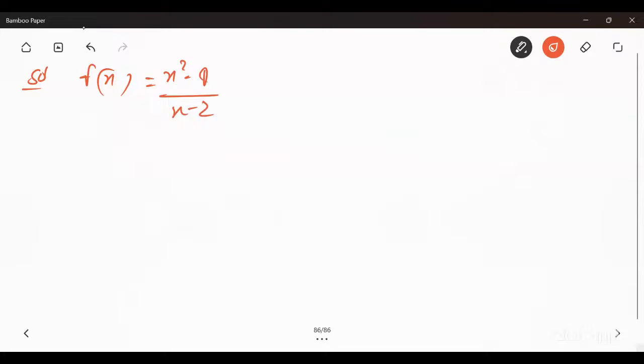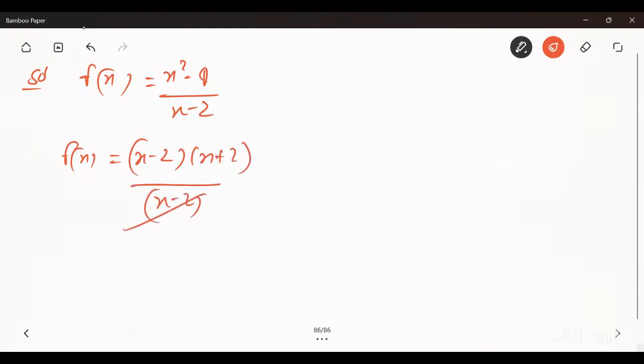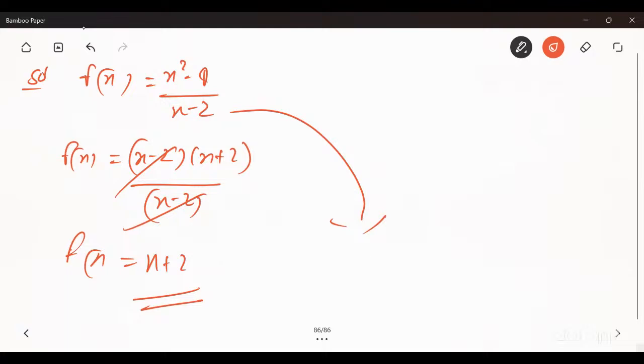a square minus b square is equal to a minus b into a plus b. So x minus 2, x plus 2 upon x minus 2. Now that term will be cancelled. So f(x) is equal to x plus 2. Okay, but that is not equal to its domain. You have to take any real number which does not equal 2. Because if you take 2, it will become 1 upon 0, which is infinite. So that is not a real valued function. Okay. Now the next question is,